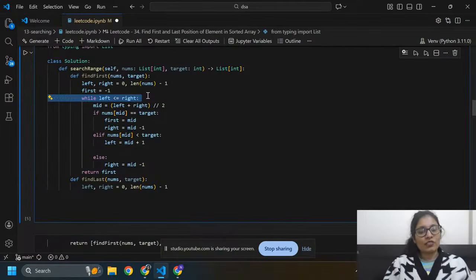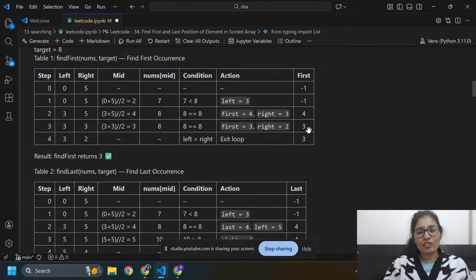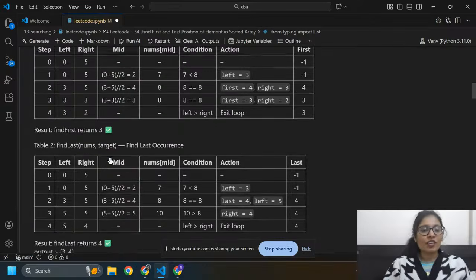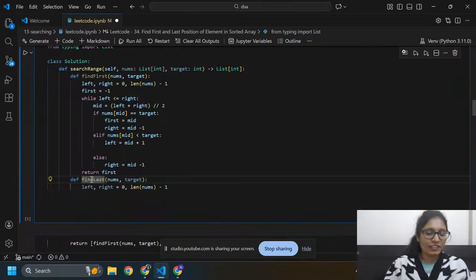This condition fails, so we don't need to check these conditions. And here I need to save my output, that is 3, because first is 3. Now we are going to calculate last. Find the last. So what I need to do